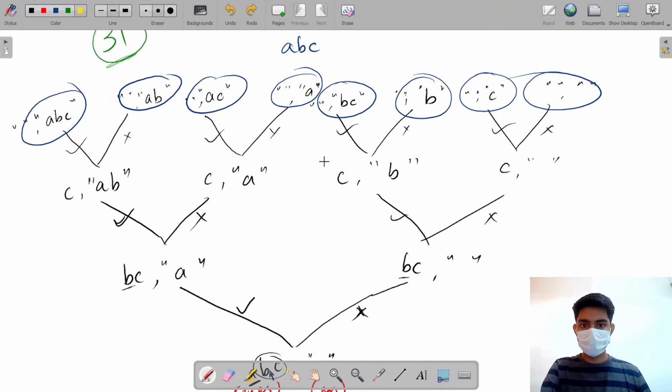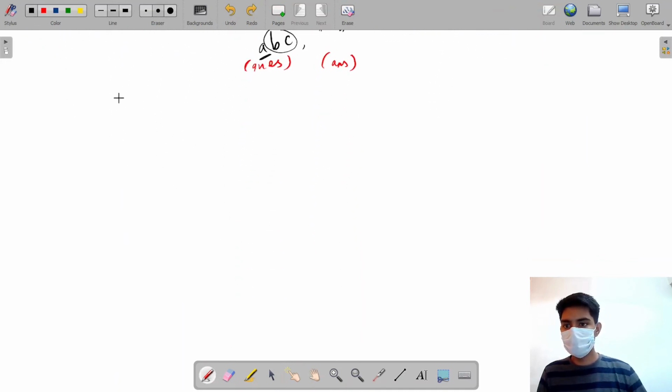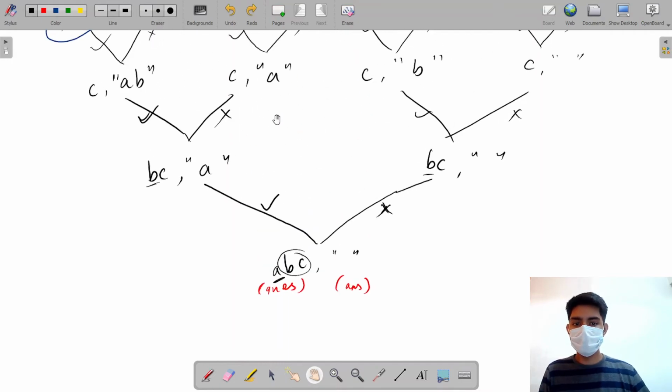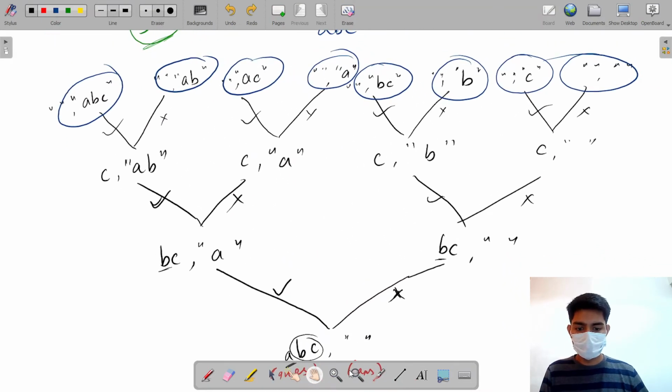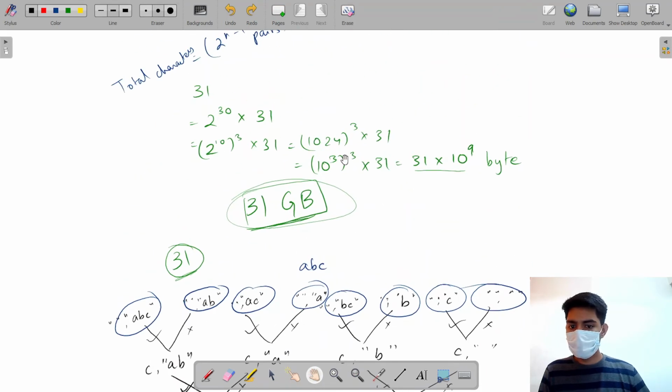So let's write a pseudocode. What we are going to do is, either we are going to include or not include our characters. And let's first see why are we using this approach? Why are we using this instead of the get subsequences method that we did before? Why are we not using this?